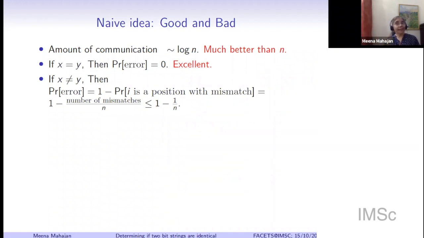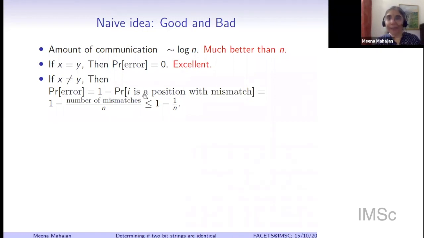And if Alice had sent one of those other positions, Bob would have been misled into thinking that X is equal to Y. Those are all the errors. So an error happens when a matching position is sent. In other words, a non-error happens when a mismatched position is sent. So the probability of error is 1 minus the probability that in fact a correct answer is given.